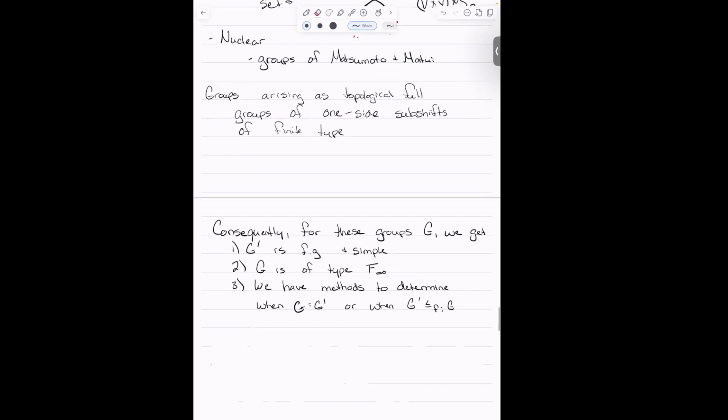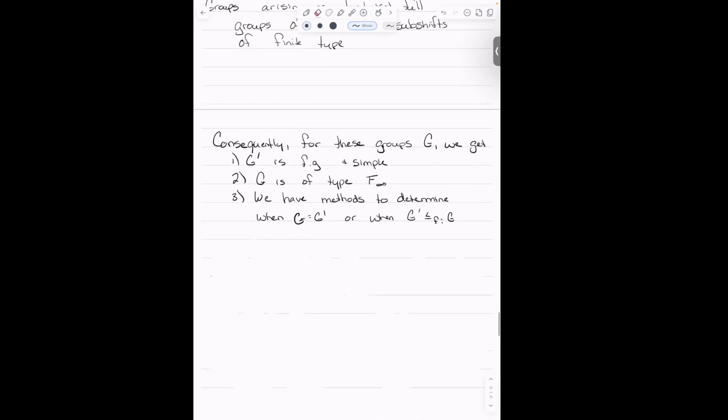Another useful thing about these topological full groups, at least some of the ones showing up here, is that the actions of these subgroups are what are called Rubin. They're groups with Rubin actions, or sometimes what we call Rubin groups. Again, I won't define Rubin actions or Rubin groups, but the idea is you have a space that looks like the Cantor set, and you have some sufficiently transitive action on that